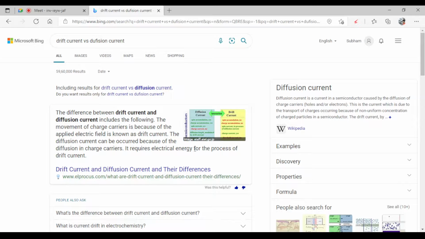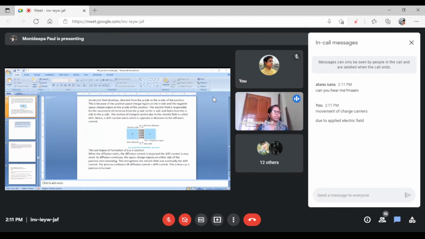In n-type semiconductor, an excess of electrons is there. In p-type semiconductor, an excess of holes is there. So what do they do? From p-type semiconductor, holes move towards the n side, and similarly in the n-side semiconductor, electrons move towards the p side. When electrons move towards the p side, my window is visible, I think. Yes or no? Yes, ma'am. Okay. Here, electrons move from n-type to p-type at the starting of formation of the p-n junction,